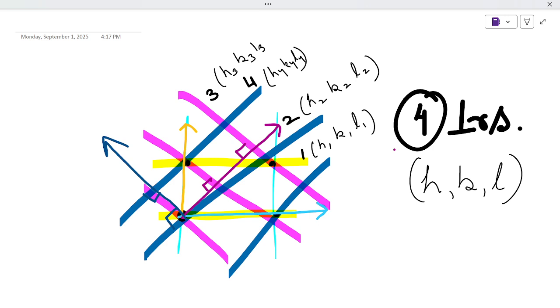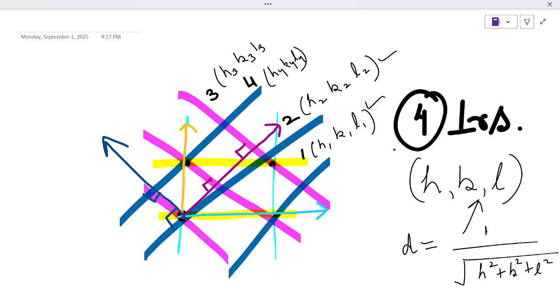Also, in the first unit, we did how to find d from these H, K, L. If I talk about the cubic structure, the formula was 1 divided by the square root of H square plus K square plus L square. So if we know these H, K and L, we can find the interplanar distance for each family of planes. So the first step that we have done till now to draw a reciprocal lattice from a direct lattice is to choose one origin point,